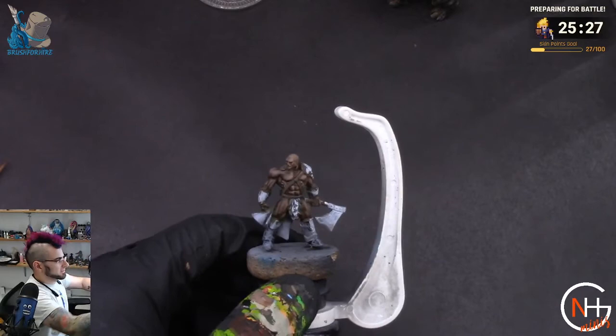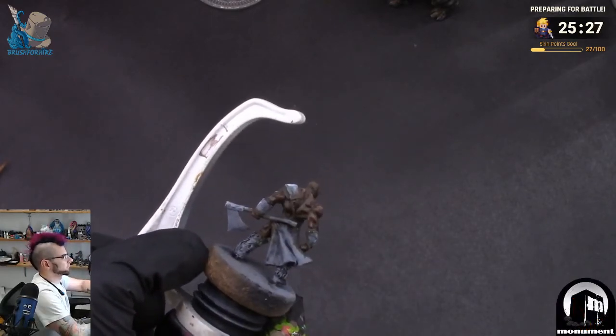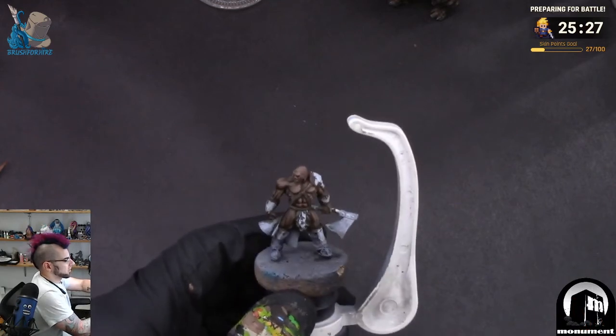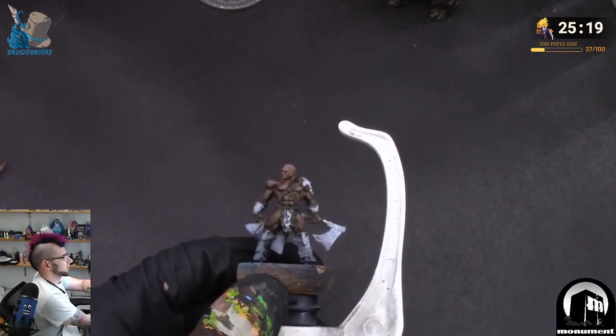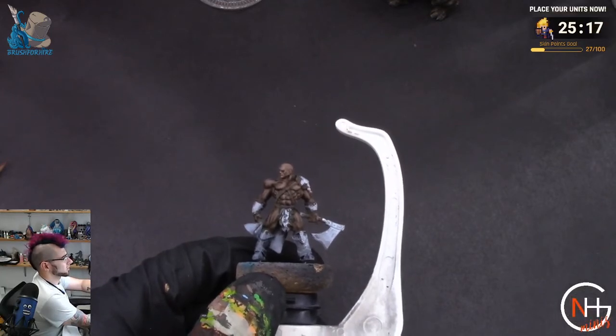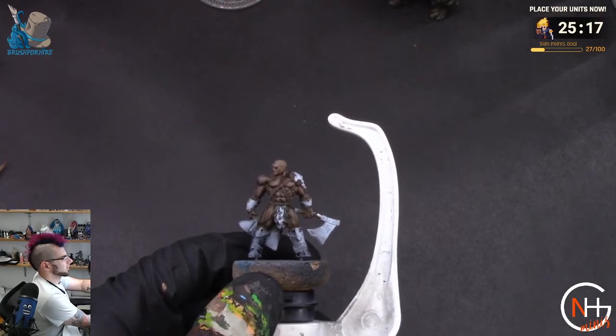So thinking about his cloak, which is going to be the only real color on him, what color do I want to use? Red, you know. Obviously just about anything is going to work at this point because there's really no other colors other than his skin tone, which is more of a neutral tone. So I look at it and go, okay, what do I want to